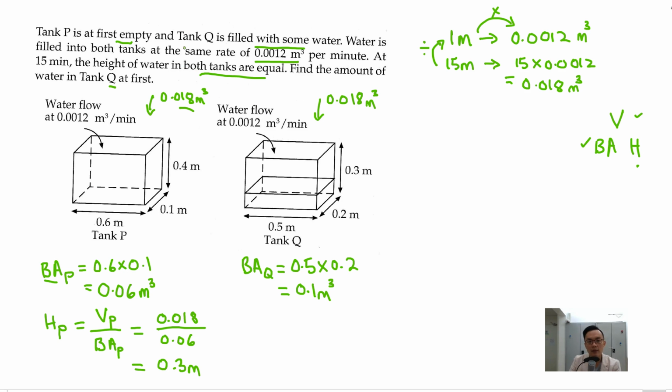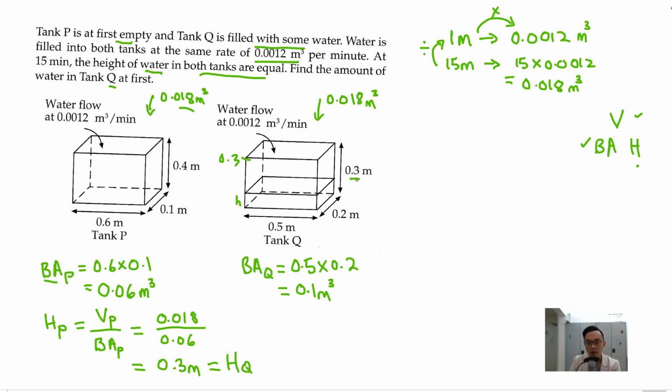And I know that the height of water in both tanks are equal, so therefore 0.3 meters equals to the height of tank Q. And originally there was some height, which I'm not sure, and then in the end it became